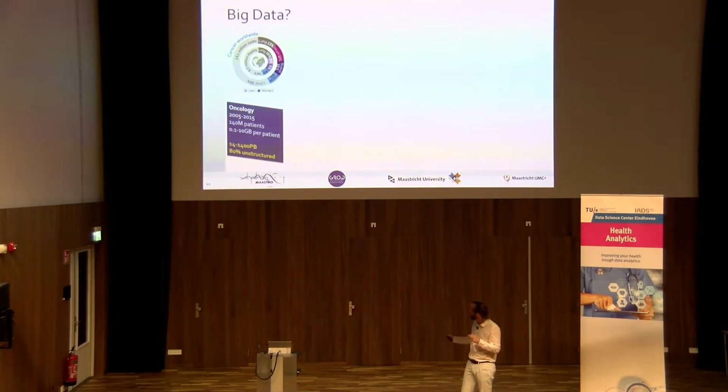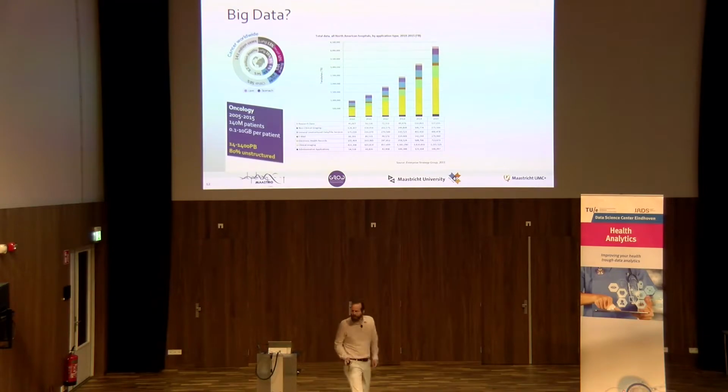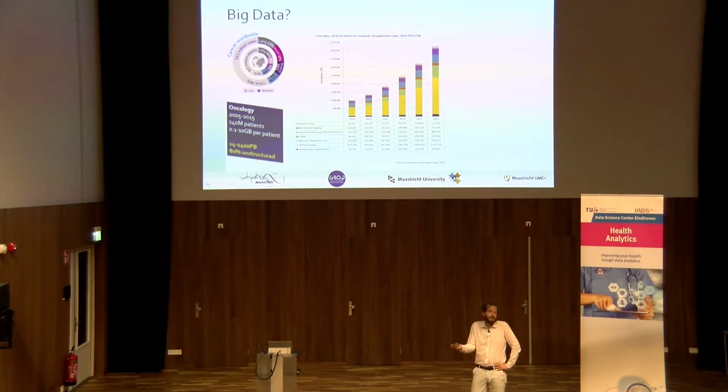One of the issues that we're facing is that 80% of the data is unstructured. And the main unstructuredness is imaging. So this is a picture of what hospitals have, and the big yellow bar is imaging. Those are pixels. But if you know anything about the field at the moment in AI, there's deep learning, there is image mining, and we're pretty good at detecting what's a cat and whose face is that, and all that. So we're also pretty good at detecting where's the lung, where's the tumor, what kind of tumor it is.